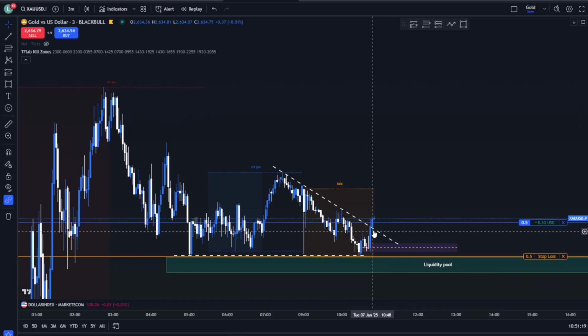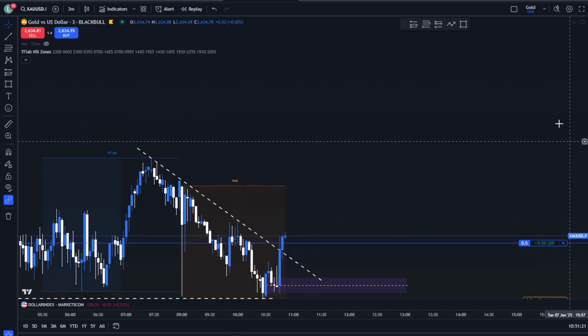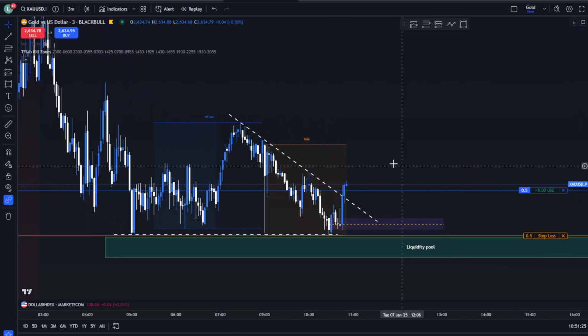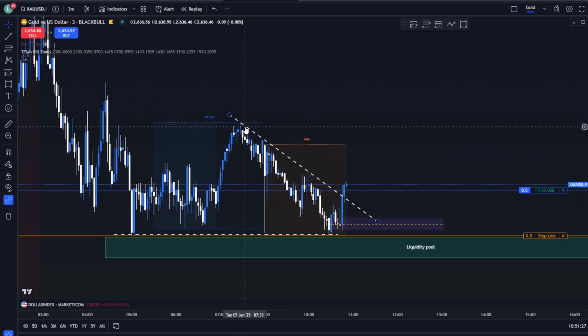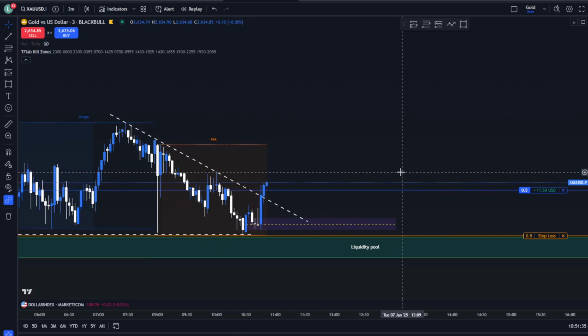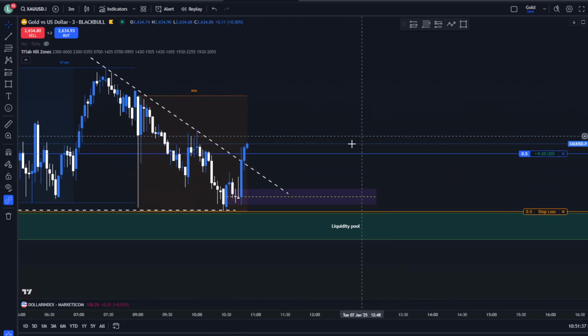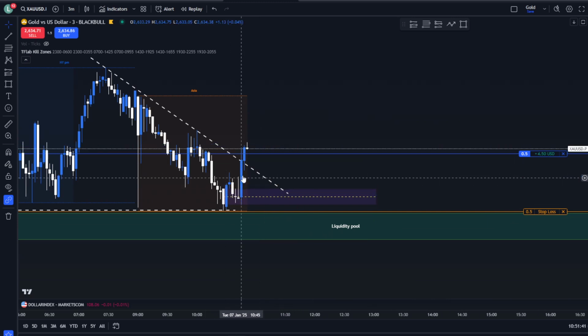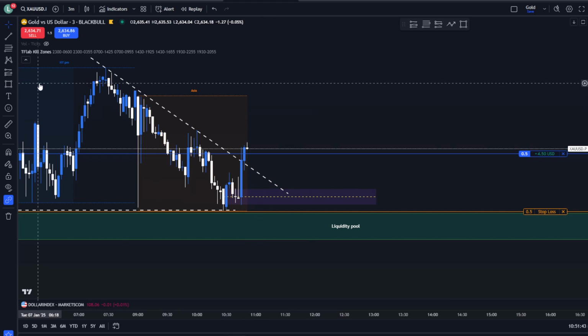This could be the start of a rally, and now this is not an ICT strategy, but this strategy can work quite well. I have back tested it quite a bit. It's just you don't get a whole lot of setups in this, and it does ignore a lot of ICT kind of information. But what we've gotten here is a fair value gap up, which is essentially another name for